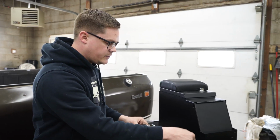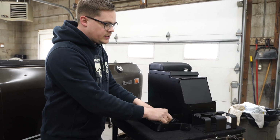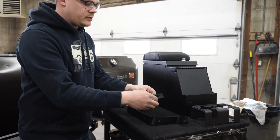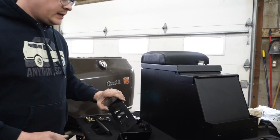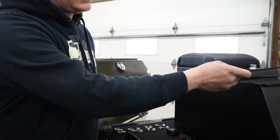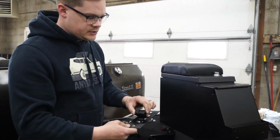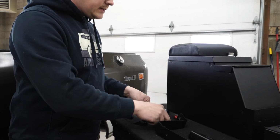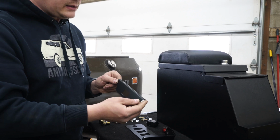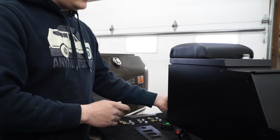So this will be the rear foot mount, and this is the front support that will mount it to the floor of your Scout 2. These are some of the accessories that we also offer. This is a switch panel that will go in instead of a CD player, and then you can mount your USB charge port or this style switch off to the sides. This is also another USB charge port mount, and that will actually go on the rear foot for the rear